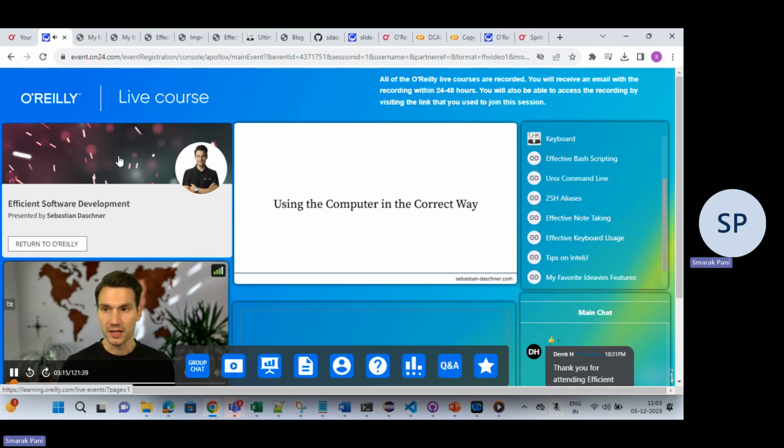Automation, as I will call it, is basically using the computer in the correct way. That's also interesting to think about, especially in these times where we hear a lot about AI systems being developed and computers arguably getting smarter. I would say it's actually not about computers being that smart. We can use computers for a lot of tasks where it really makes sense to use automation, and other tasks are better done by us humans.